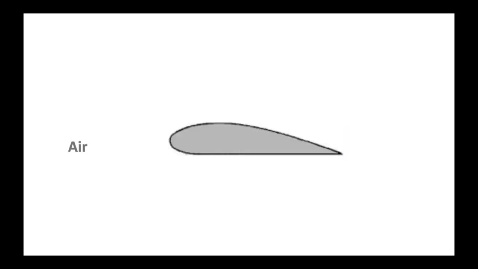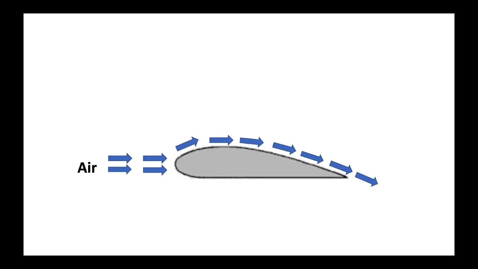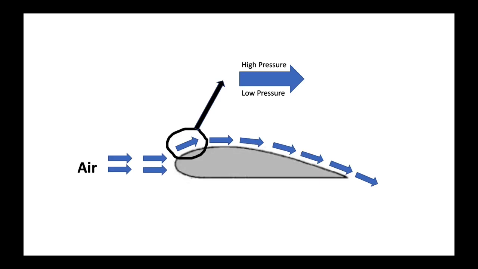You may wonder why the air will not travel straight on the top of the wing and why it bends. There is an effect in physics called the Coanda effect. If you observe the air traveling here, there will be a pressure difference created, a higher pressure on the top and a lower pressure on the bottom. So the air is pushed towards the wing and it travels along the surface of the wing.